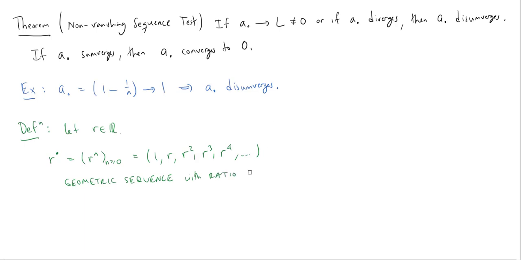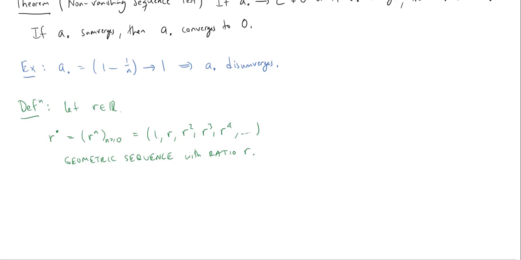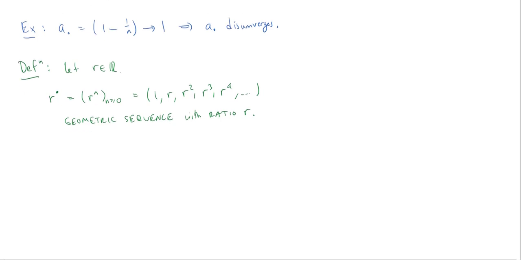Okay, so that's our ratio r there. And of course, as soon as we write down a sequence, we get a corresponding sum sequence. Okay, and so you could have the sum sequence, and that would be the geometric sum sequence. And again, with ratio r, I won't copy that. Or you might have